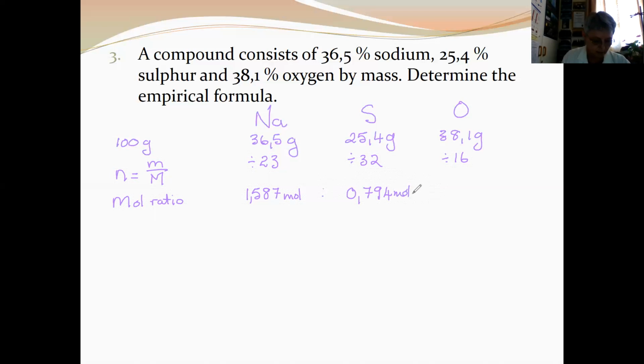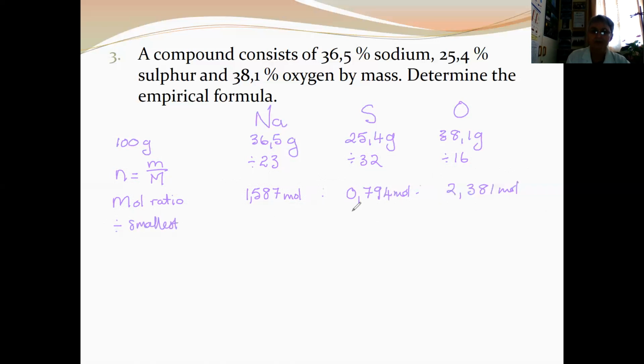And the 38.1 divided by 16 gives us 2.381 mole. To try and change the decimal numbers to integers, we divide by the smallest,